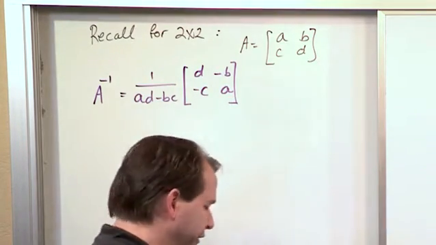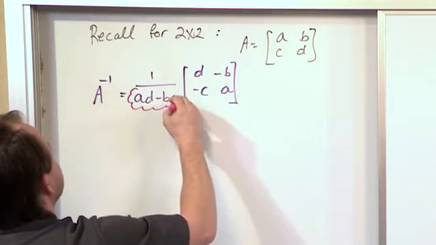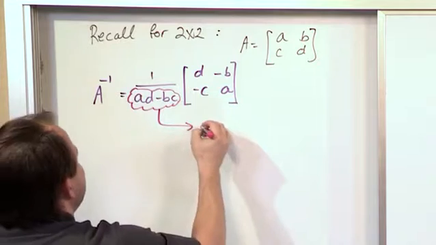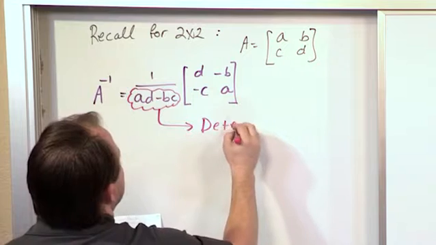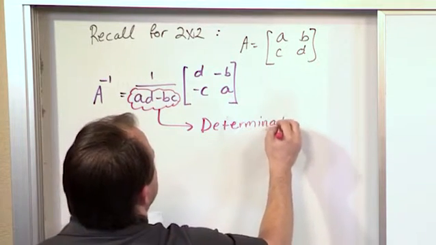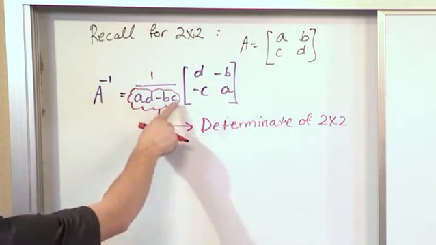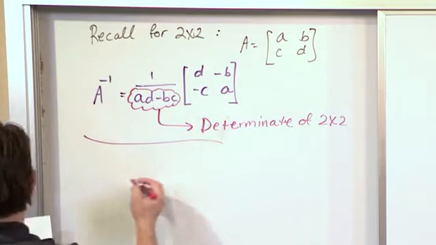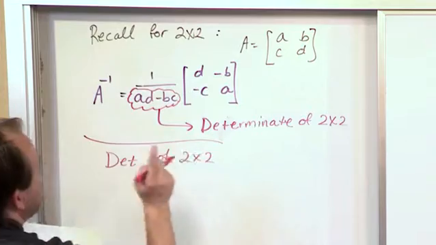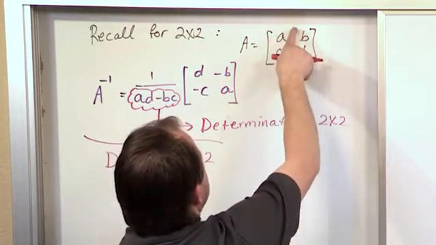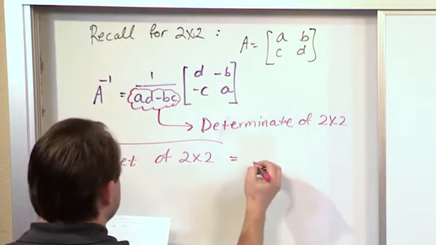Now what I didn't really tell you at the time is that this little part that's stuck underneath the bottom of the fraction here is actually the determinant of a 2x2 matrix. Not the 1 over part, just this guy right here. So to formalize, the determinant, sometimes written as det, of a 2x2 matrix where we represent a, b, c, and d, meaning these numbers in these positions, is equal to a times